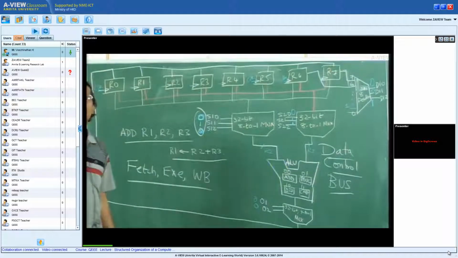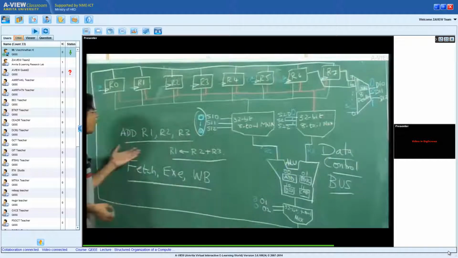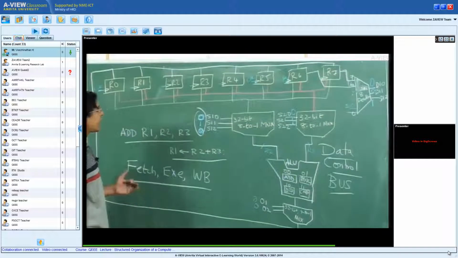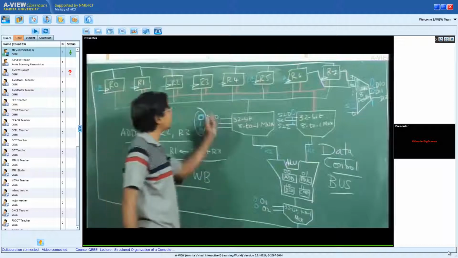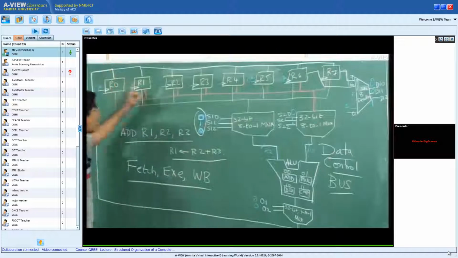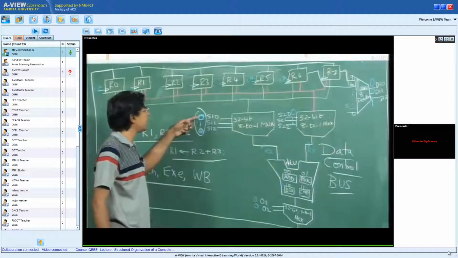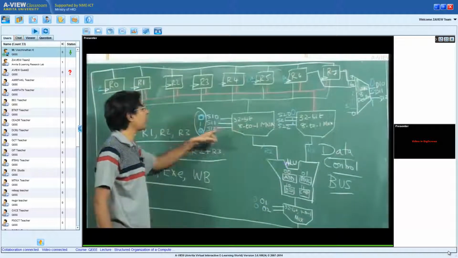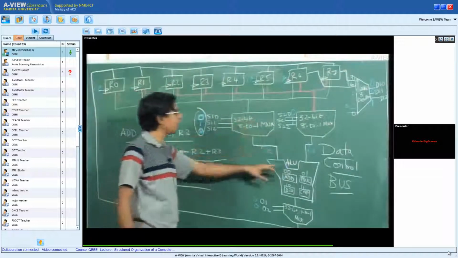Okay, so let me just explain this once again. Add R1, R2, R3 essentially means that I have to take the content of R2, take the content of R3, add them and store the result back into R1. To do this, I set the select input of this multiplexer as 0, 1, 0, by which R2's 32 bits come into the ALU.